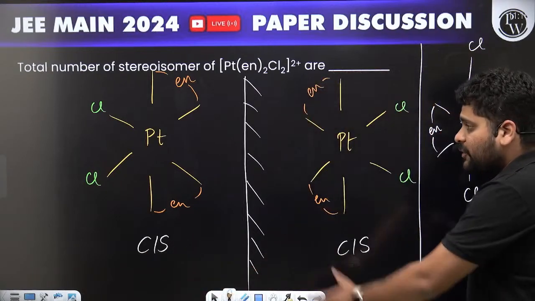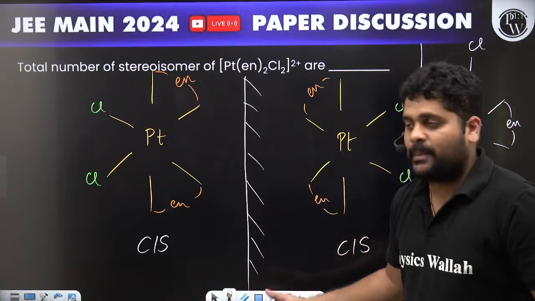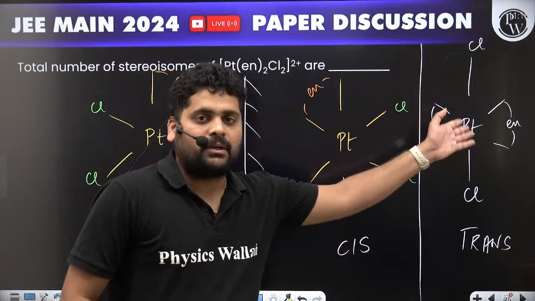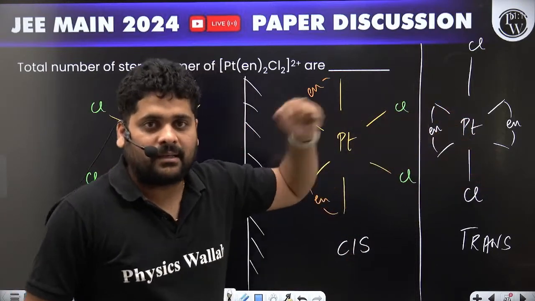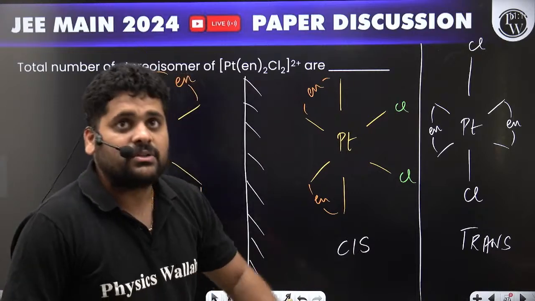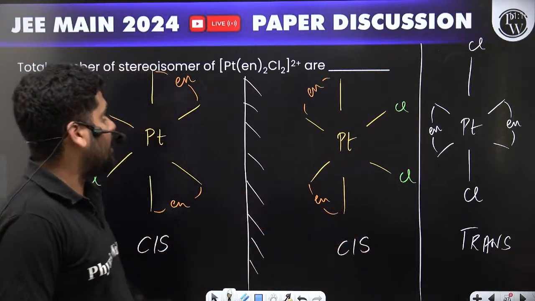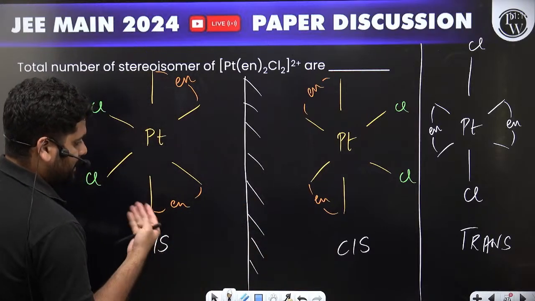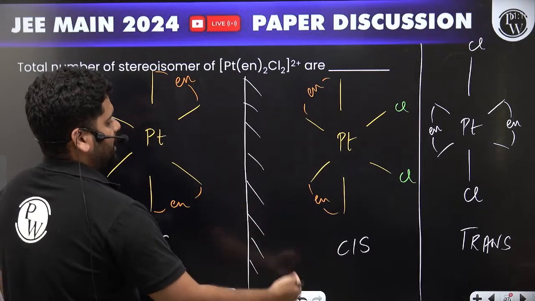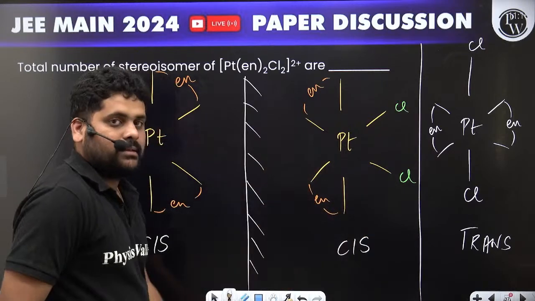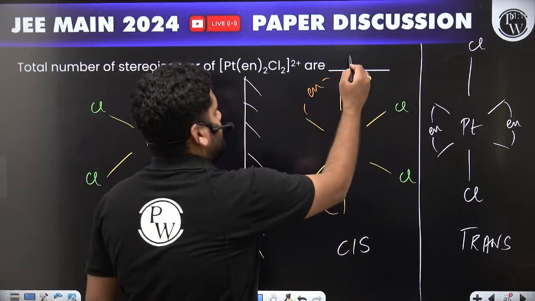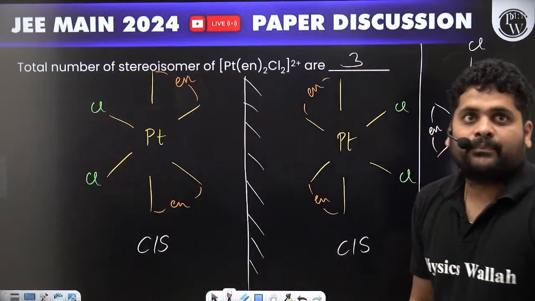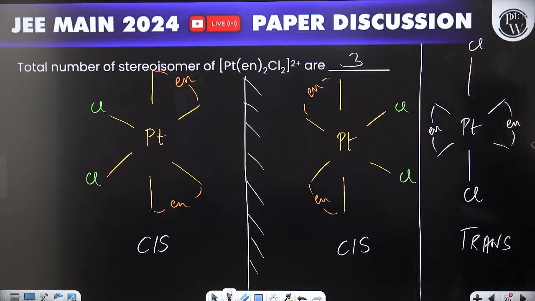So the two cis forms would have optical isomerism, whereas the trans form does not have an optical isomer, because when you put a mirror, you are not going to get a non-superimposable mirror image. So the number of stereoisomers are two cis. I mean, one cis is going to be dextrorotatory, the other one levorotatory, and the other one trans with zero optical activity. So the number of stereoisomers are going to be 3. Okay, right. Next one, next question after this.